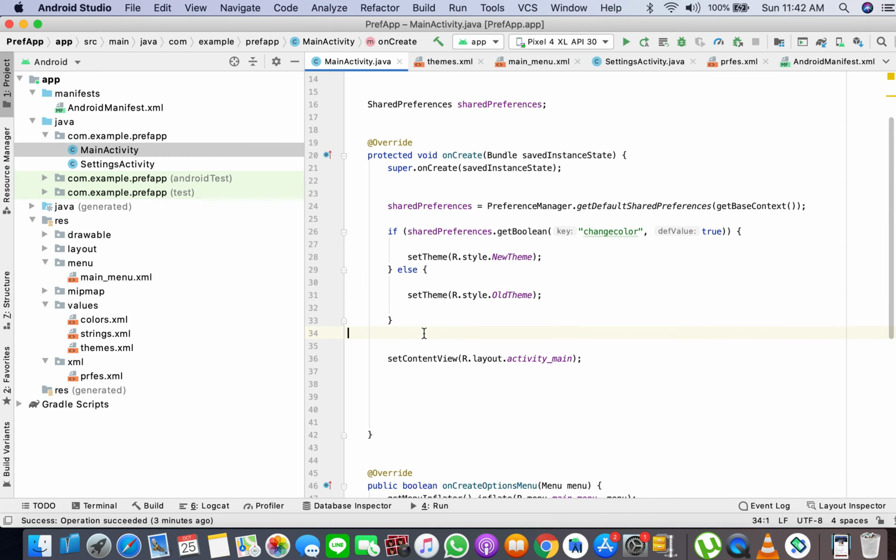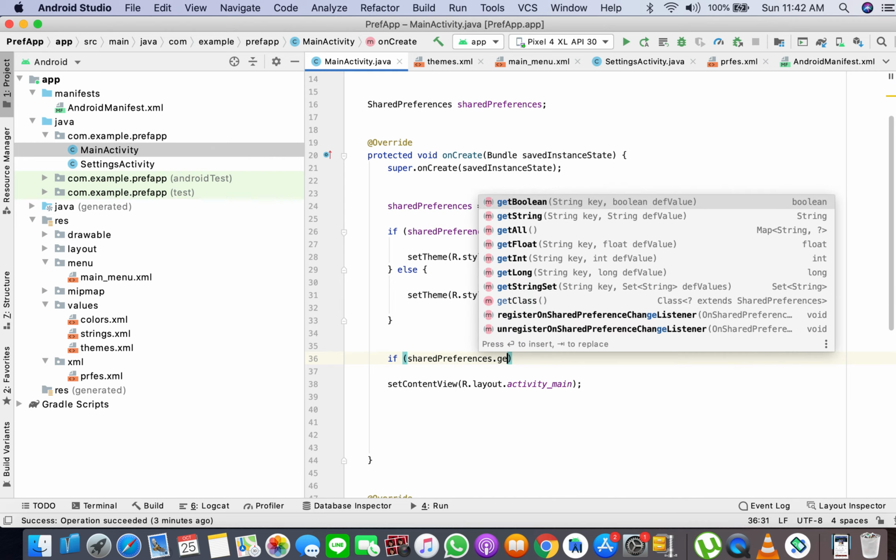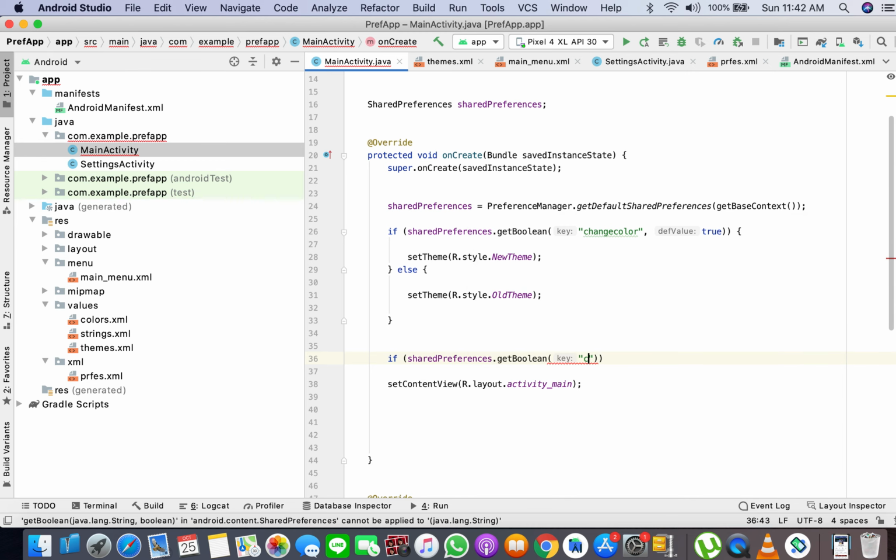Okay, now if shared preferences get boolean change orientation is true,